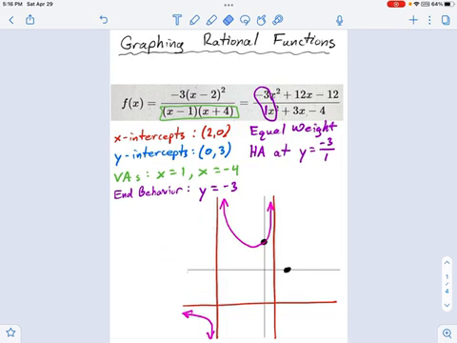And now I'm coming around to the right side of the graph. Well, I know I have to cross the x-axis right here. So the question is, do I come in from the top like that? Or do I come in from the bottom like this? Or something else? Well, we have two clues. Actually, one really good clue, really. If you look at the vertical asymptote, let me clean this up a little bit. What is the factor in the equation that produces this asymptote right here? It's this x minus 1. That's what I'm looking at right here. This is x minus 1, that factor.